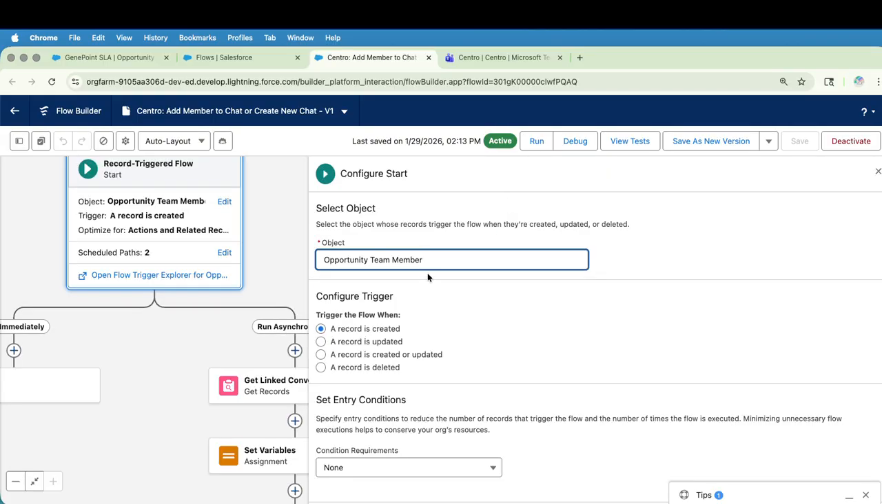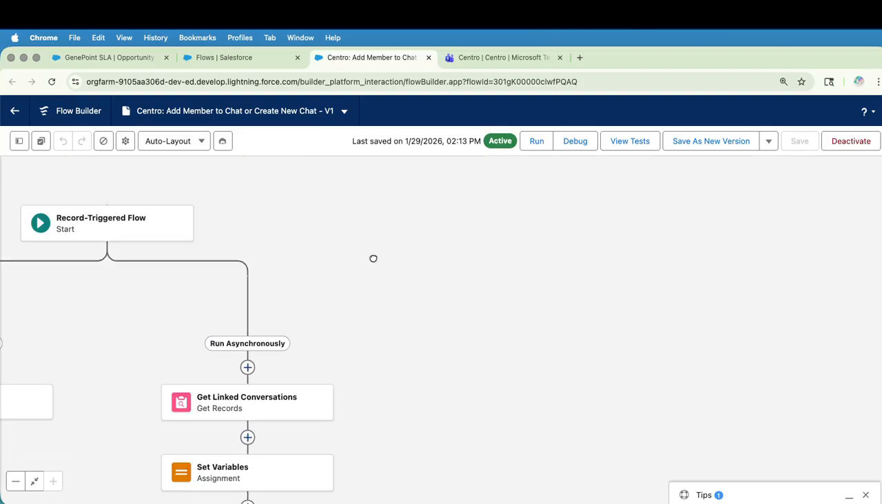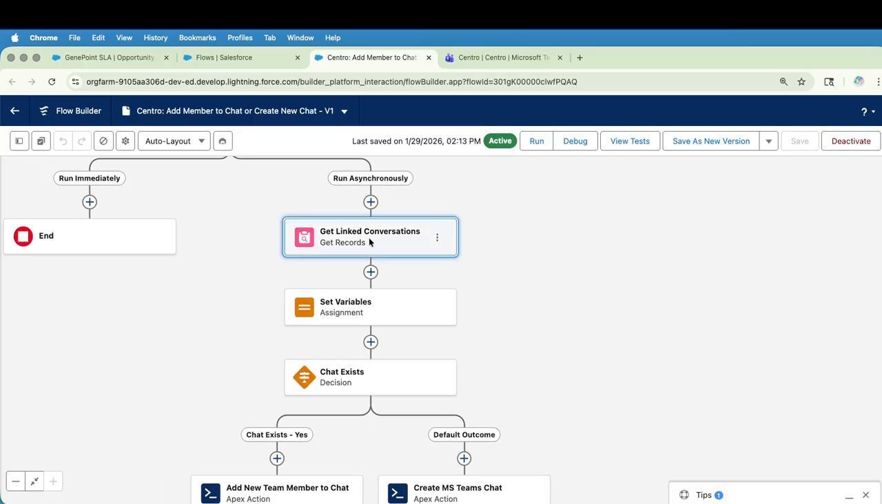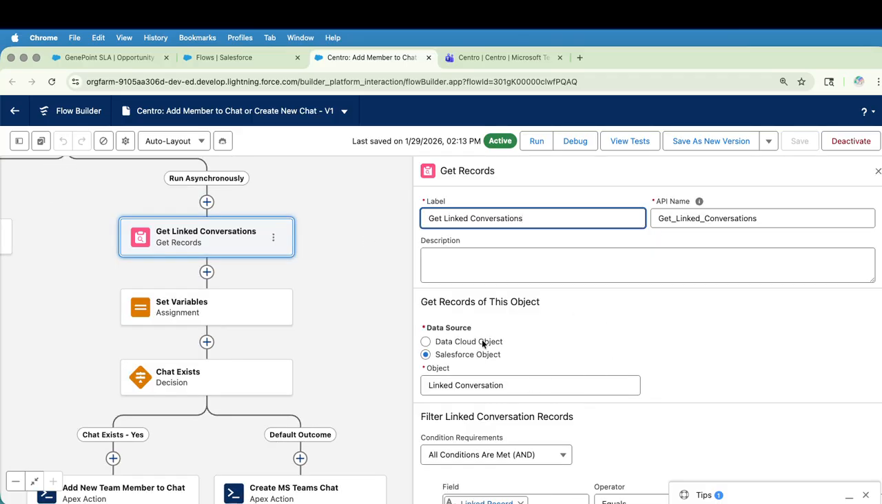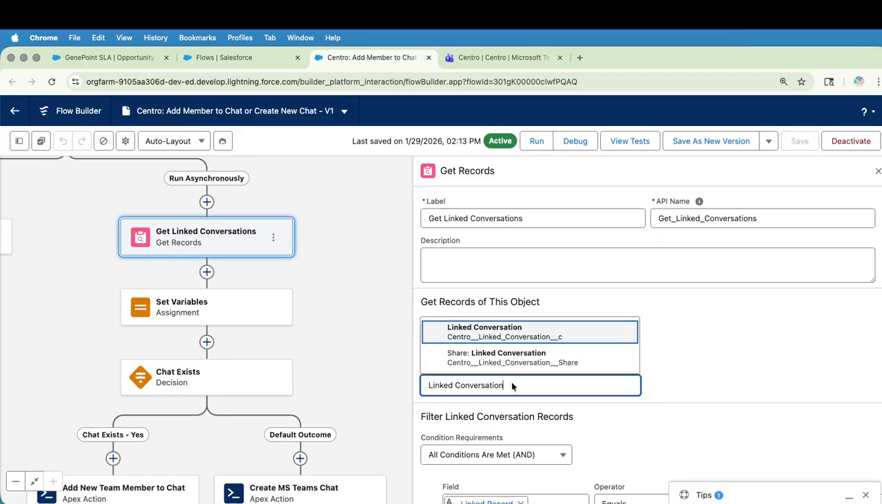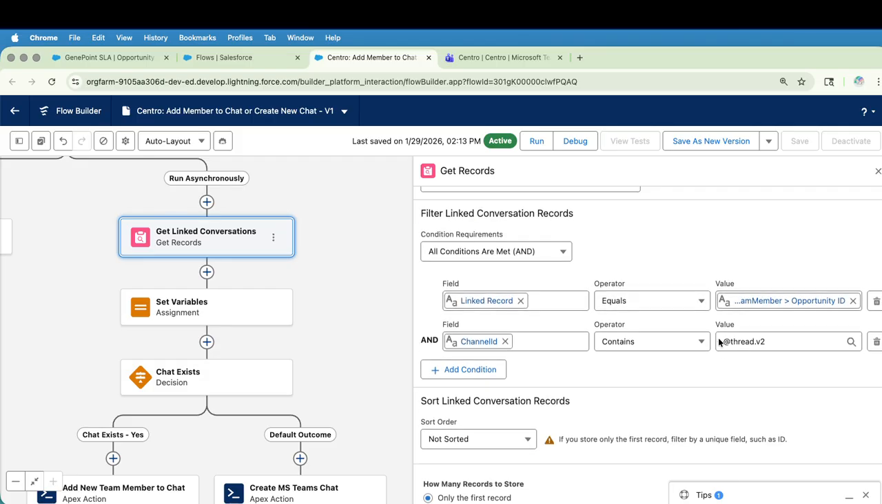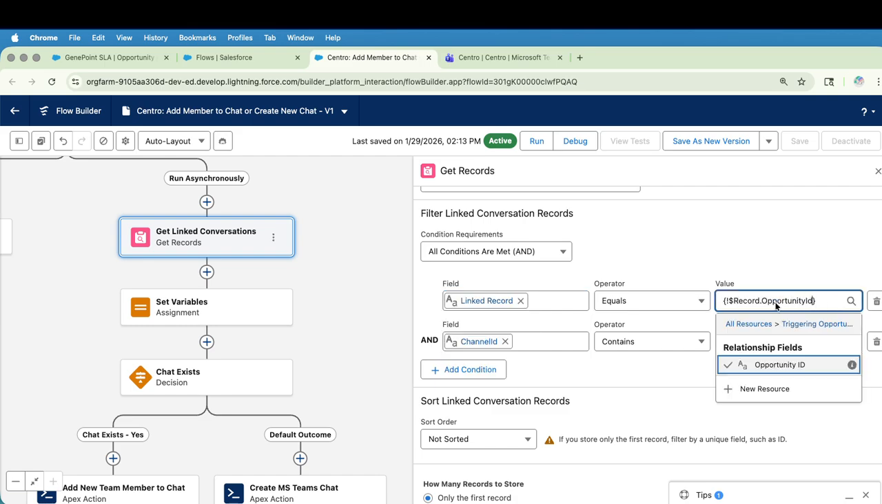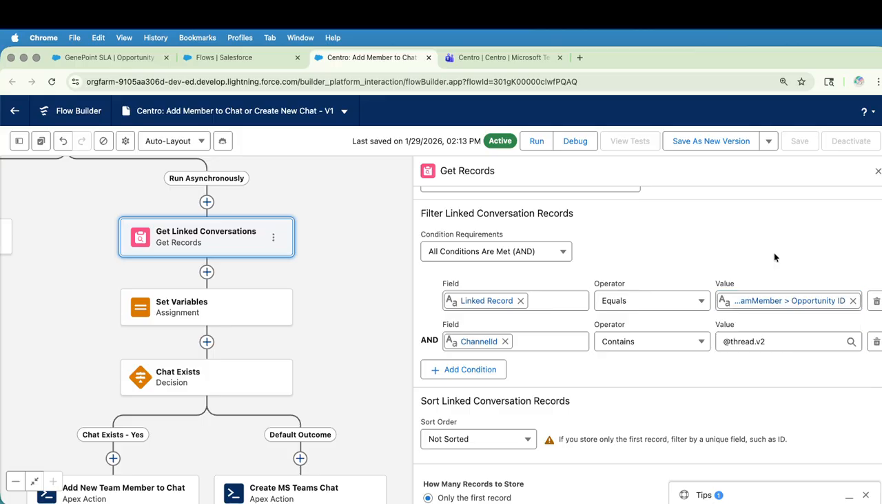So this is on the opportunity team member object, and when that object is created, and I don't have any limitations on that at the moment, the first step is to do a get on the linked conversation record here, and we're going to go ahead and match this linked conversation here to the opportunity ID, and this can be, again, just as long as you're tying it to whatever object the chat is linked to in the linked